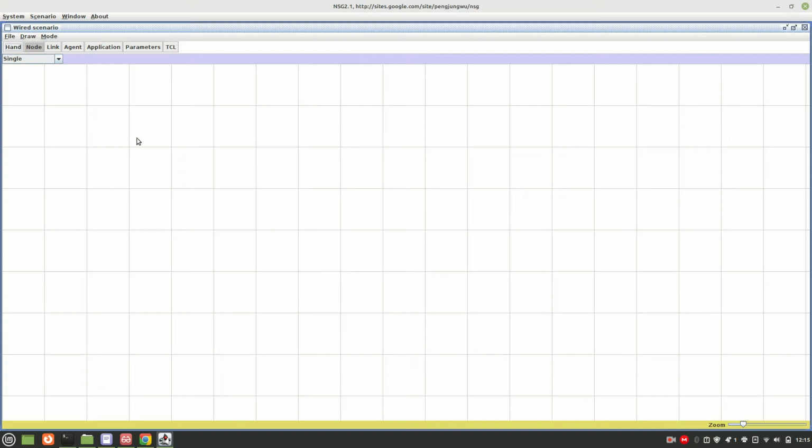Okay, so go to scenario, new wired scenario. So now we are using the 4 nodes to create the LAN. So N0, N1, N2 and N3,